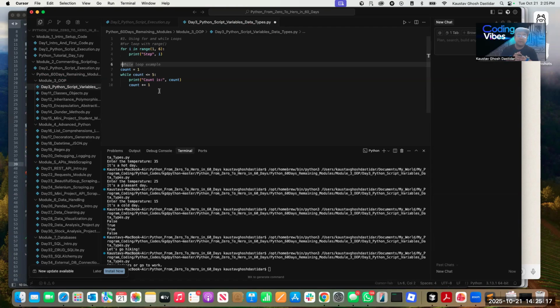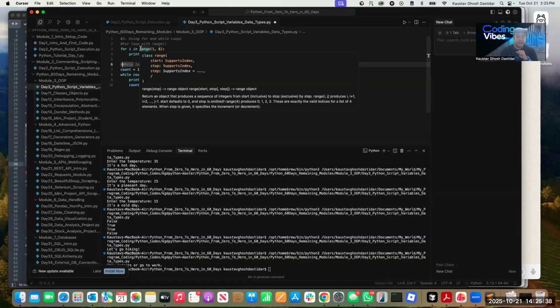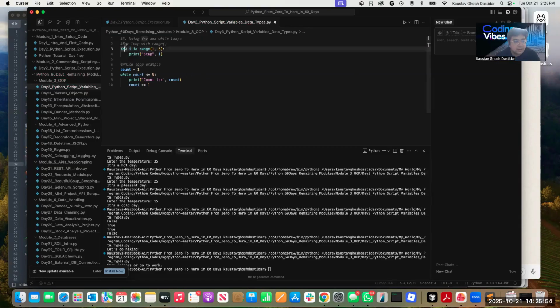Now, loops are very important and very much useful in any programming language, not only Python, by the way, guys. The for loop we typically use very often, a very famous loop, when we are doing some kind of iteration within a specific range. So the number of times the loop will run within a given range. If you see this example,